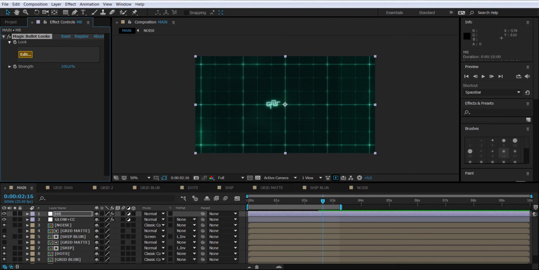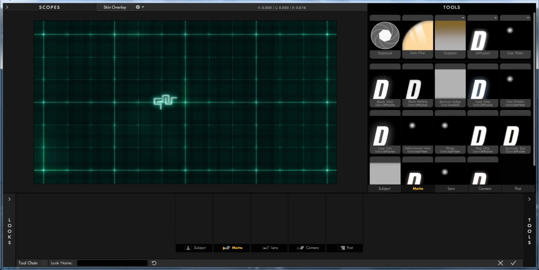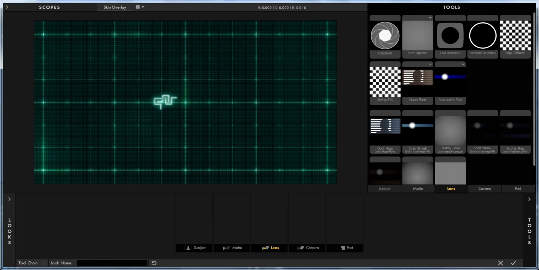Just write in the comments and let me know, and maybe we can make a tutorial explaining those basic steps on how to achieve similar results. So let's go to Magic Palette, we click on Edit, and this is what we have by default. So we're gonna go to Tools, and in Tools I'm gonna select Lens Distortion, and you notice what